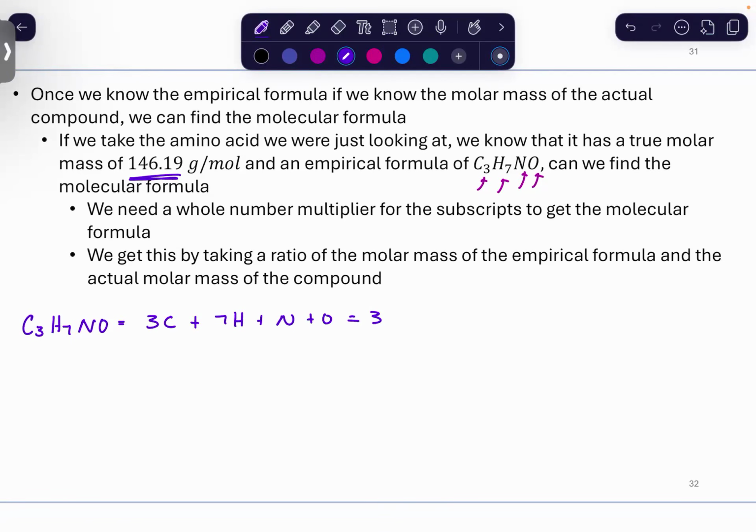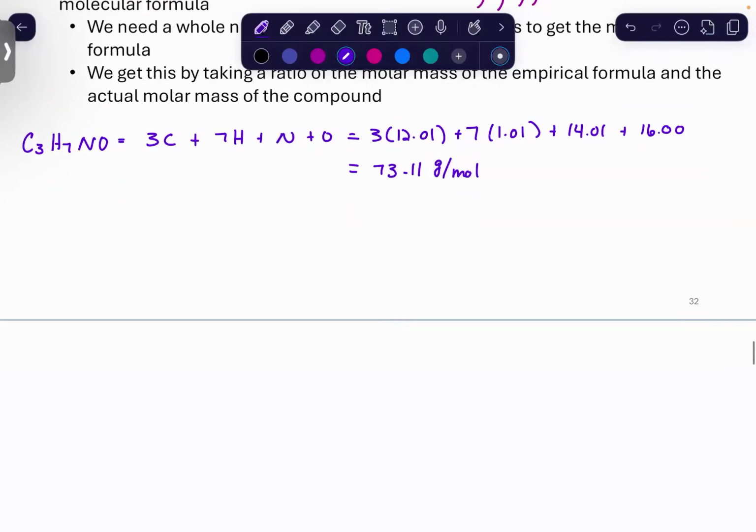That's going to be 3 times 12.01, the molar mass of carbon, 7 times 1.01, the molar mass of hydrogen, plus 14.01, the molar mass of nitrogen, plus 16.0, the molar mass of oxygen. When I add this up, I'm going to get 73.11 grams per mole for my empirical formula. But I know that the actual molar mass is 146.19. So the ratio